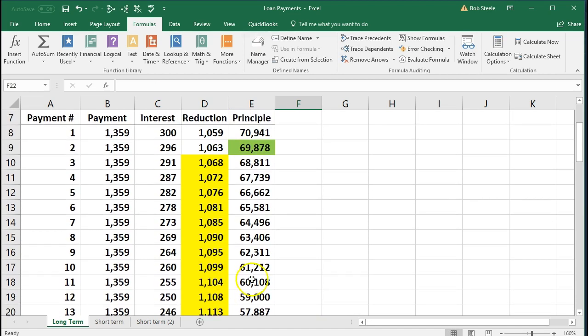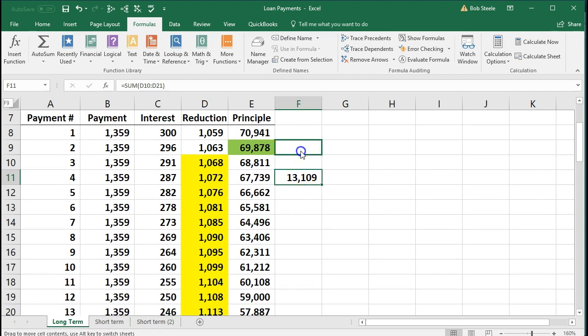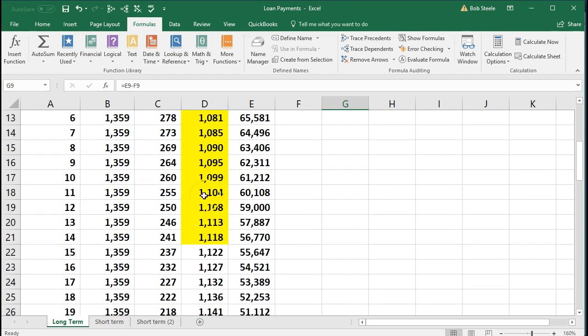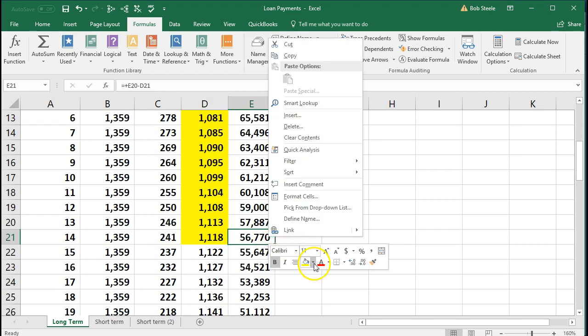And if we then say that this is where we're at, let's bring this up to here. All this is the sum of the yellow items, the current portion. So if this is the total loan minus the current portion, this will be the long-term portion. In other words, after we make 12 months of payments, with the interest and then the principal going down by this column, we will be at 56,770. So that's our ending,